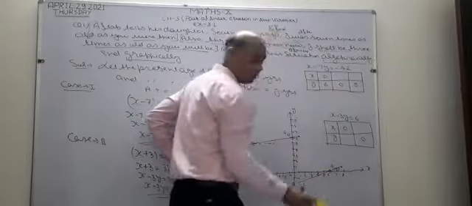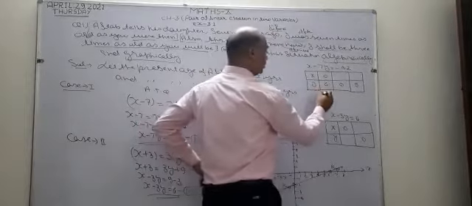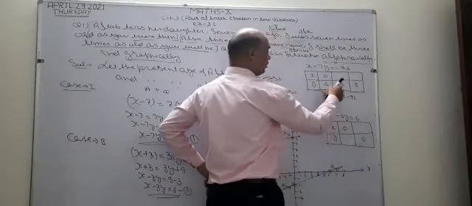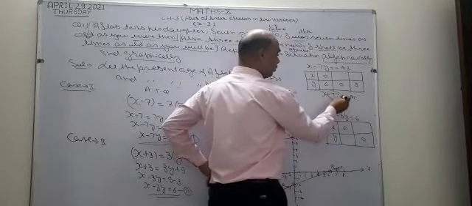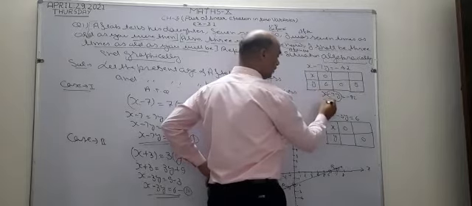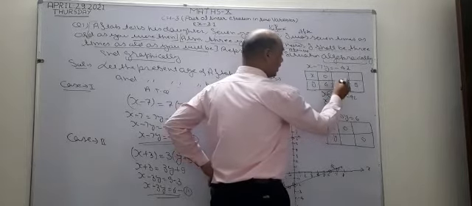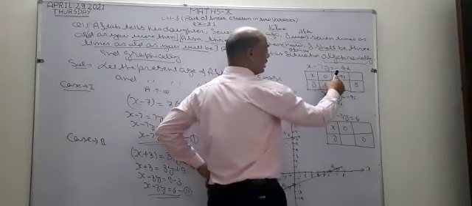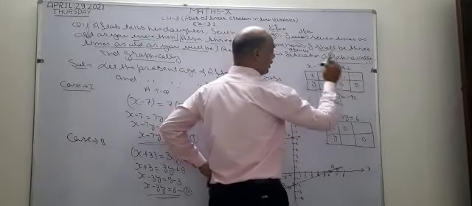Now I am going to take y equal to 0. In the second case I am going to take y equal to 0. Write this equation again. Okay, now this time I am going to take y 0. The y term becomes 0. Now what is left? x equal to minus 42. I write here minus 42. Okay, since the difference of these two values is large, I am going to take one more value.